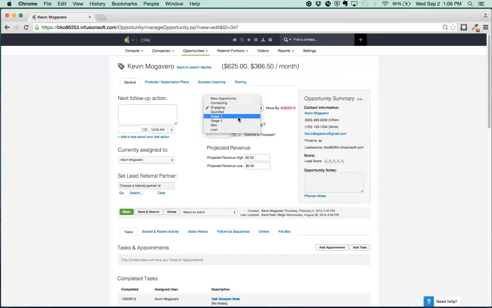So sales managers can come in and take a look at where people are in your funnel or in your pipeline. You've got a great view of where people are in your pipeline and all these different kinds of things. And there's lots of reporting that goes around this as well. So with all that being said, I'm going to talk a little bit about some other things we can do